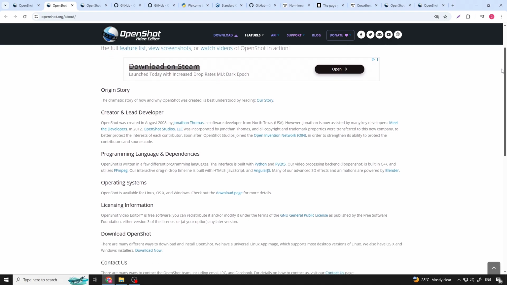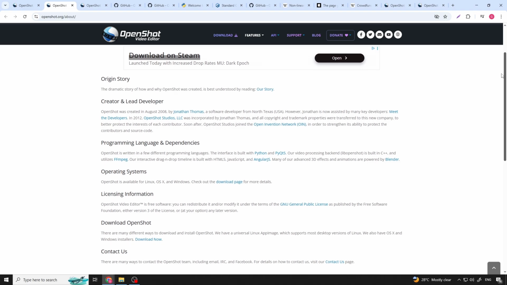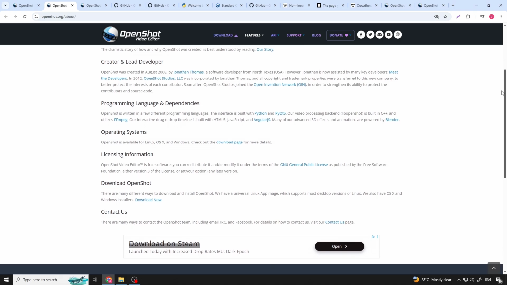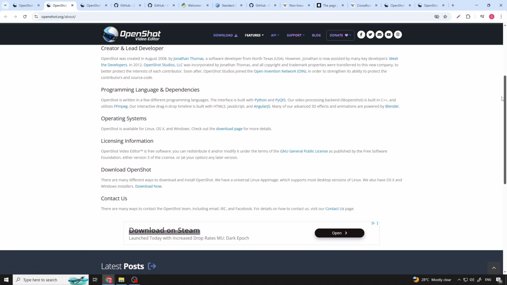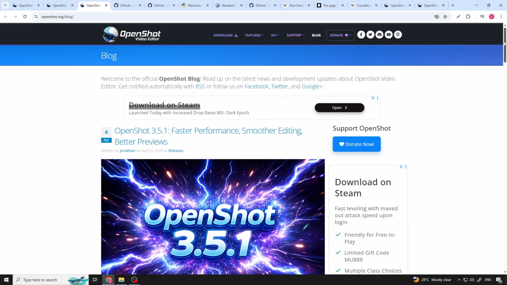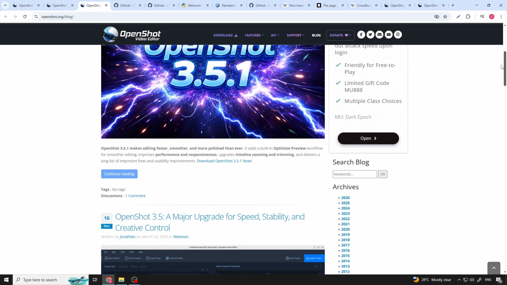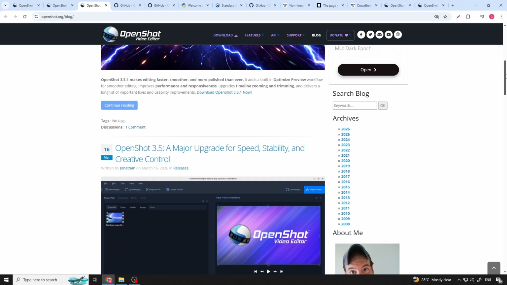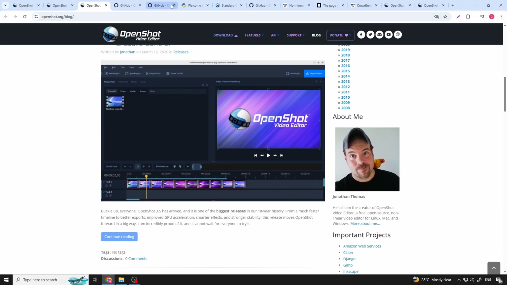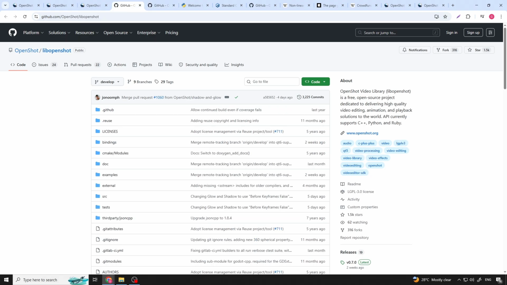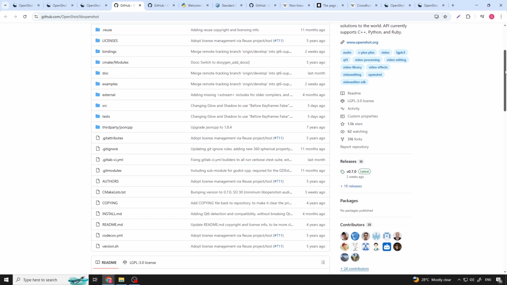OpenShot was built in Python from the start. Python made it easier to iterate quickly and kept the codebase more accessible to contributors. The performance trade-off is the Python layer's overhead on computationally intensive operations. OpenShot's answer was libopenshot, a C++ library that handles the actual video rendering, timeline engine, and multimedia processing. The Python layer provides the interface, the C++ library does the heavy work. The performance characteristics of the Python layer show in responsiveness and behavior under load.